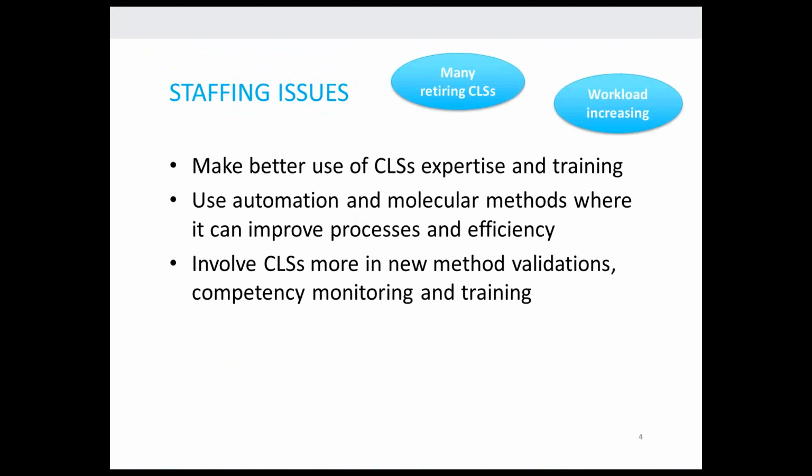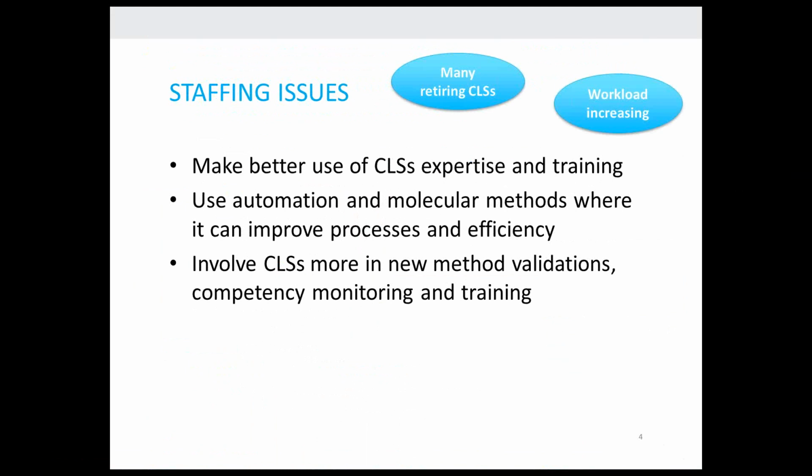So we want to make sure that we're making the best use of our CLS's expertise and training, and make sure that if there is an automated method out there and a molecular method that would improve our processes and be efficient and provide really good results, then that may be something that we should look at closely to see if it would work into our